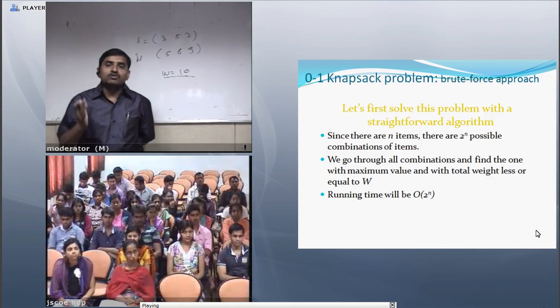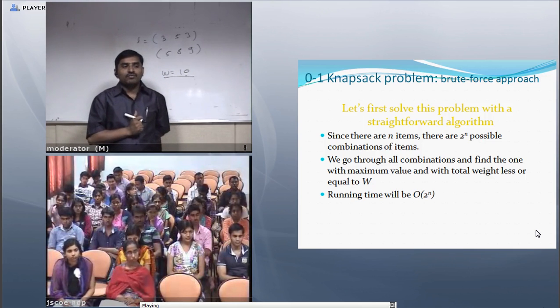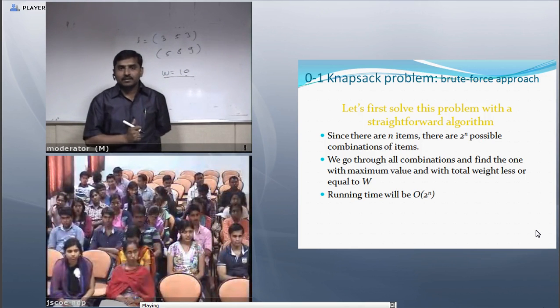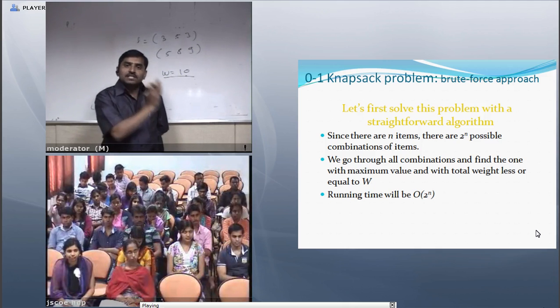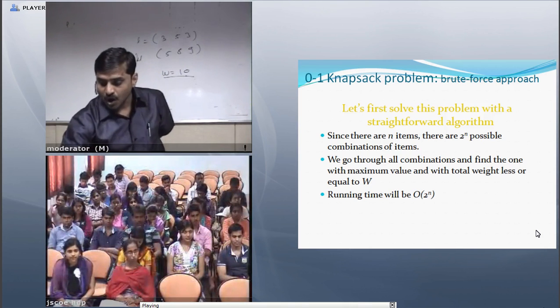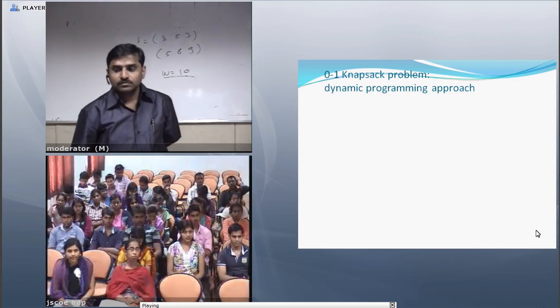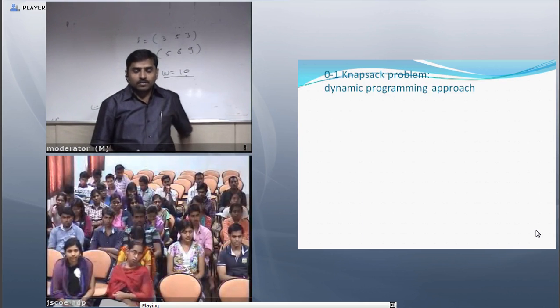So how can we reduce the complexity of the 0-1 knapsack? This is another solution, dynamic programming. If I use dynamic programming for solving the same problem, definitely I reduce some time. How?